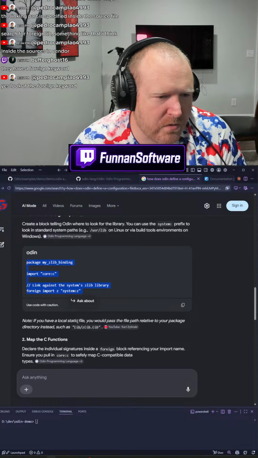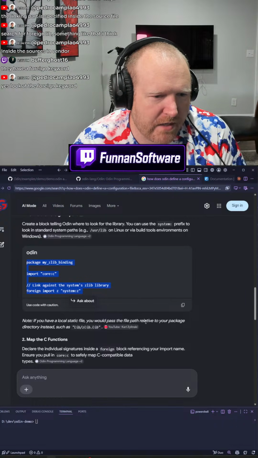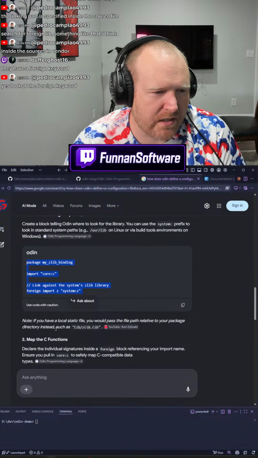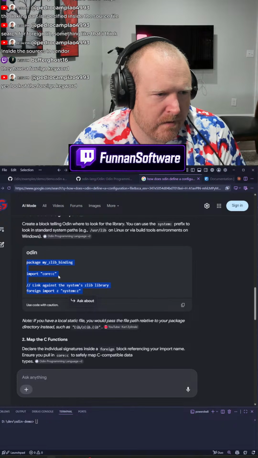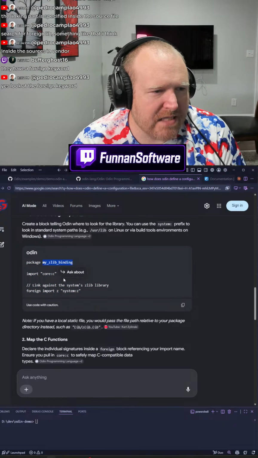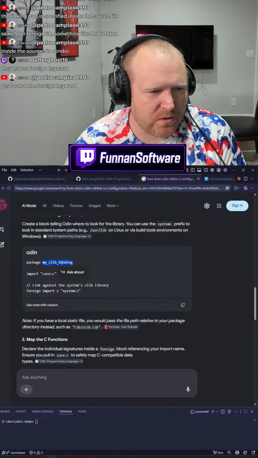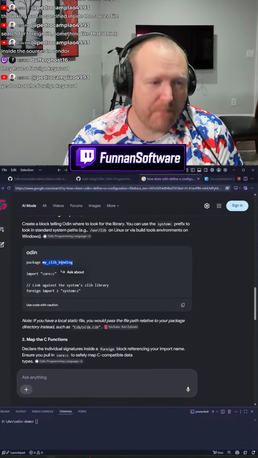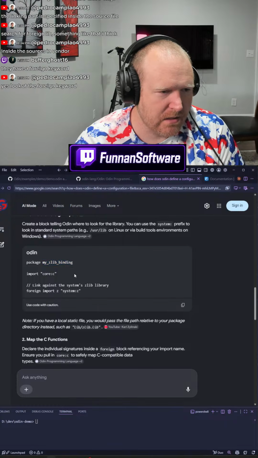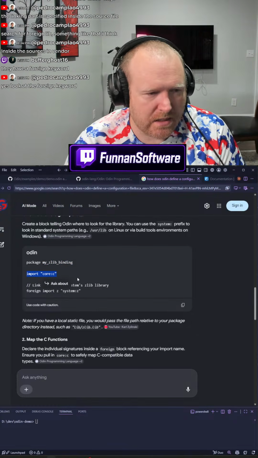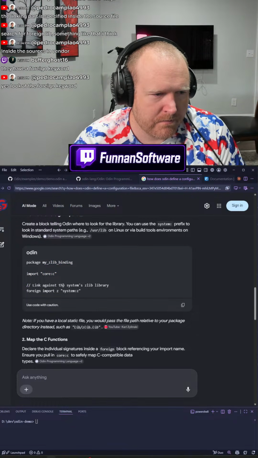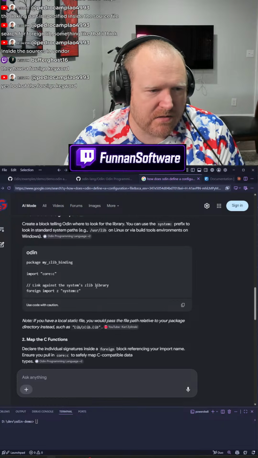No, if you have a local static file, you would pass the file path relative to your package directory instead, such as lib, zlib. My zlib binding. Okay, so the package becomes my zlib binding so that when I import it, it's my zlib binding. That makes sense. Import core C. Okay. Link against the system's Z library.